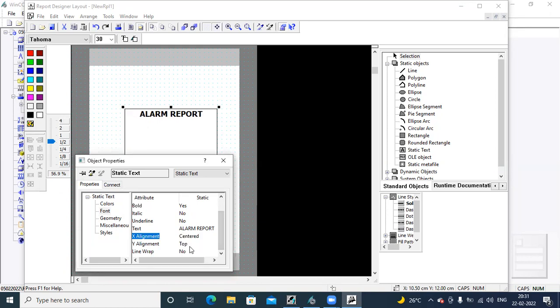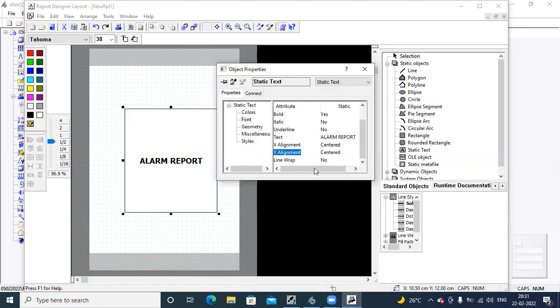XY alignment, centered, like this. Want to increase more size, 33. Okay, so like this you can design your layout. The first one, that is your cover sheet.